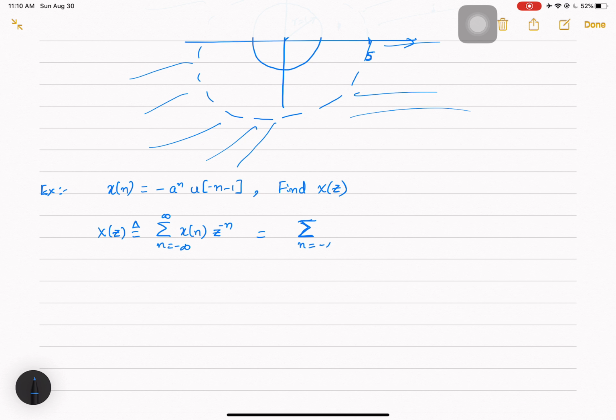So this will be minus infinity to minus 1, with a minus sign outside. I'm not going to write u of minus n minus 1 because the value is unity for all the values between these limits, minus infinity to minus 1, z power minus n. So this I can write as